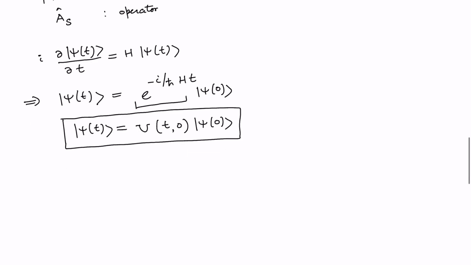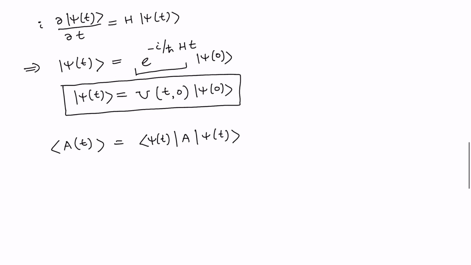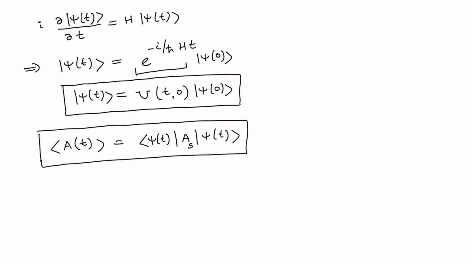And the operator, if we have to find out the expectation value, would become time dependent, though the operator is time independent in the Schrodinger representation. So the expectation value is calculated by this formula, where psi of t is the normalized state vector, and let me put it that this represents the operator in the Schrodinger representation. Alright, so let me write it as equation number 1.